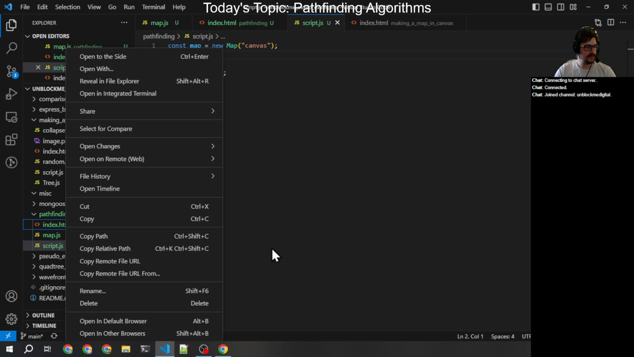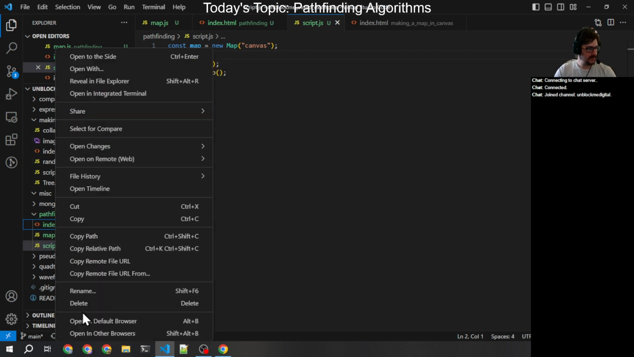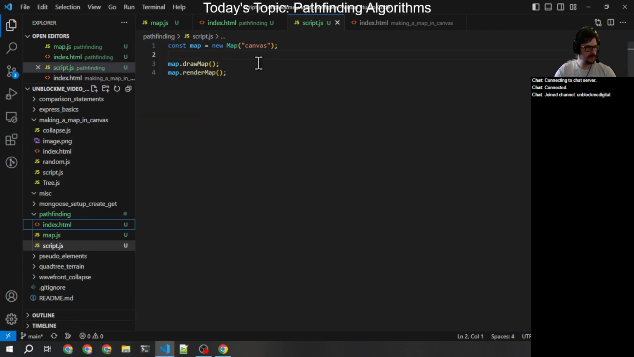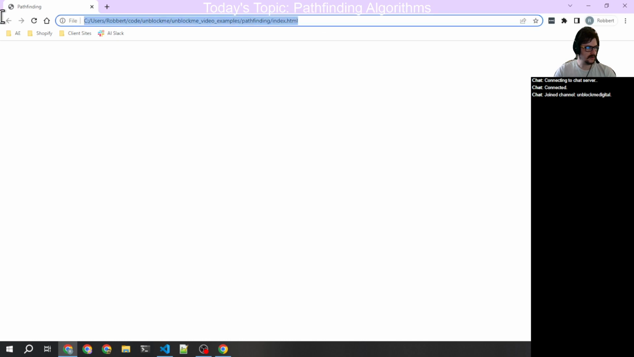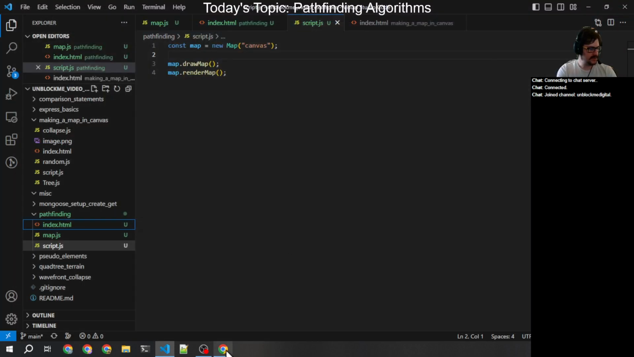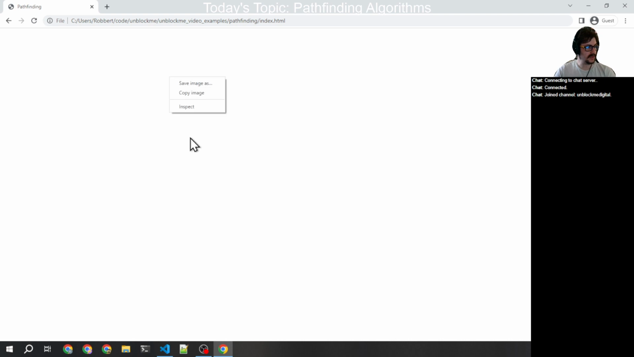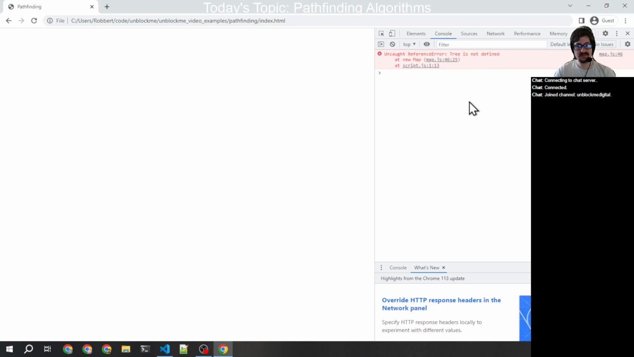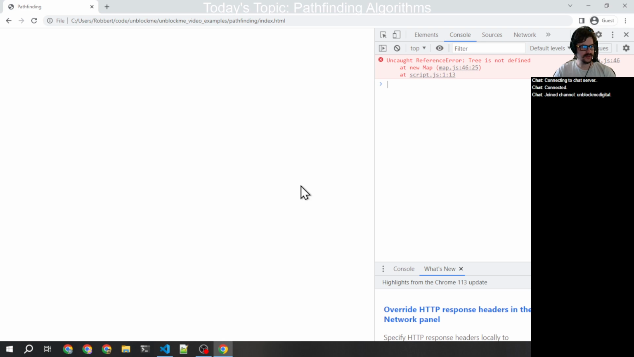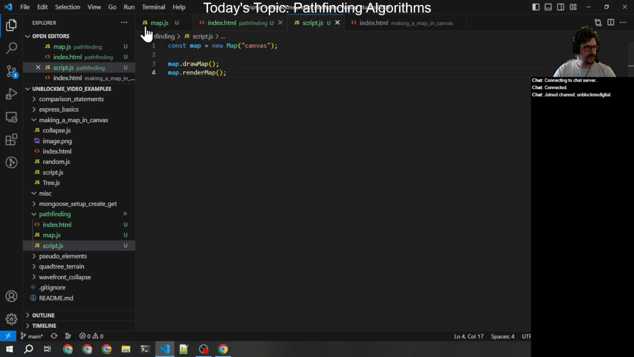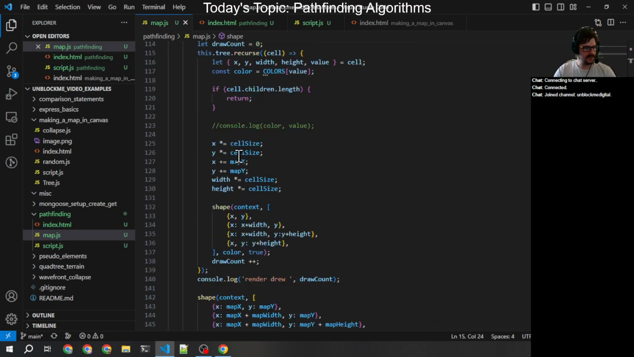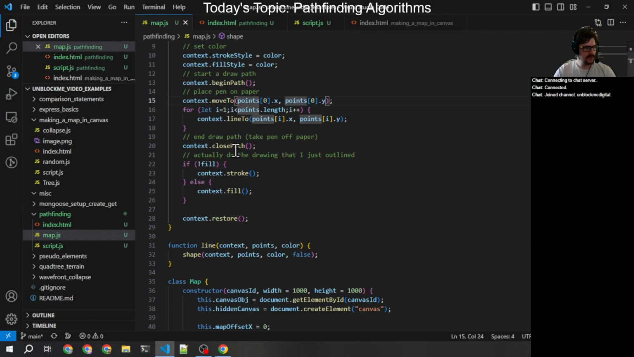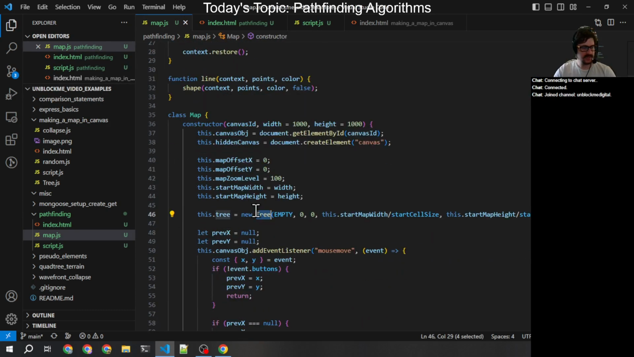So now if I take a look at this, what browser is this going to open in? Wrong one. All right. Grab this, pop it in here. It does look like there's an error because it's not working. Let's see what that is. Tree is not defined. Well, that makes perfect sense, right? We didn't actually pull in our tree yet. And tree is necessary for the map because the map is using our quad tree to actually store its data